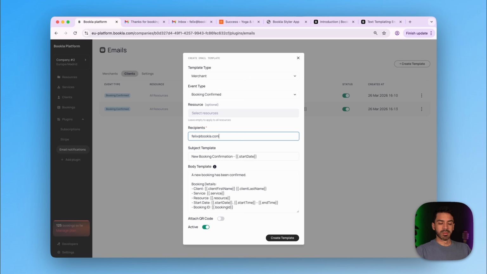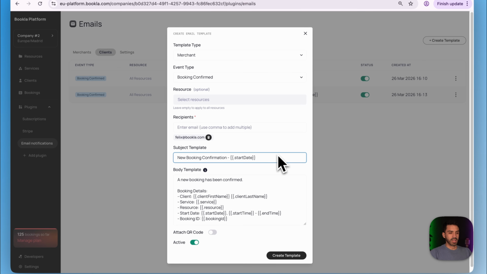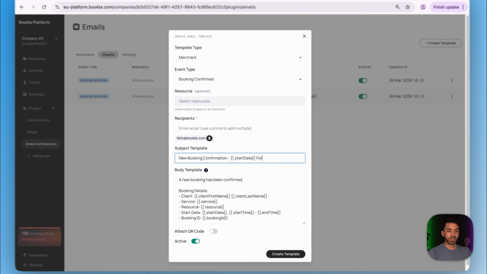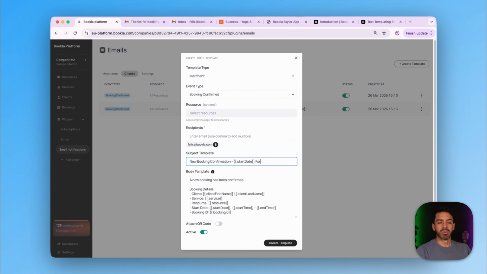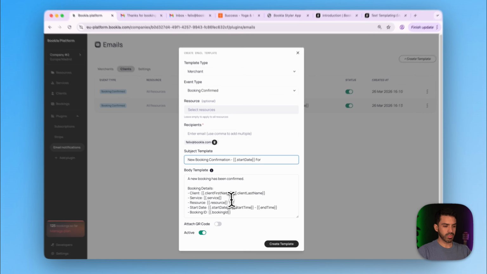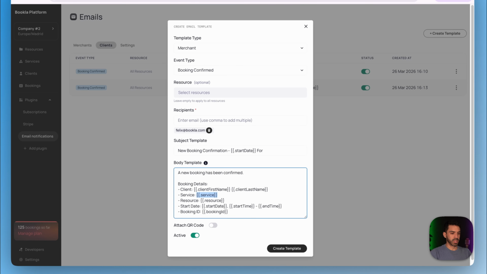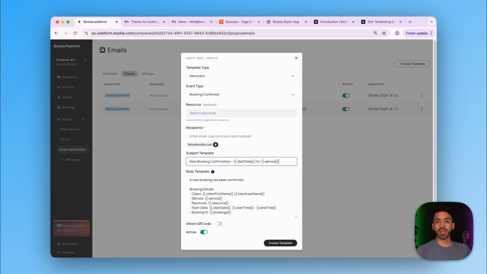For the subject, we're gonna customize it also. So it says new booking confirmed and then the start date. I also like to add the service that will be provided so they can be ready. For, and then service name. And then we can also customize it. We can say,